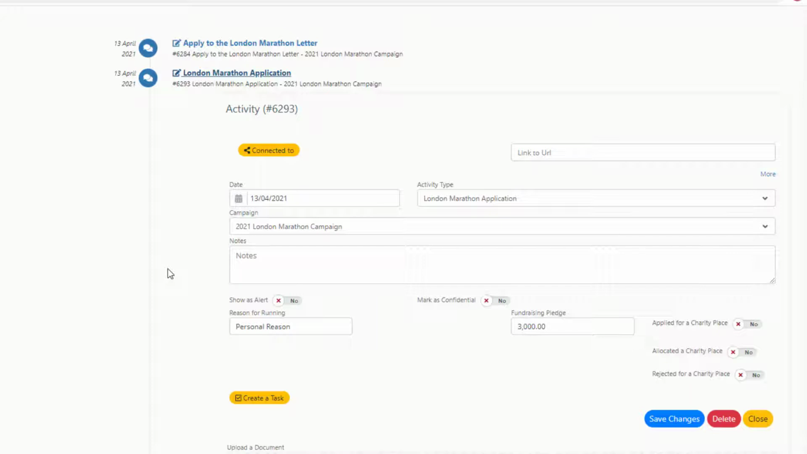And so now our job is to allocate this place. And so we've created some additional yes/no toggles on the right-hand side, how we're going to manage this application. So we are going to allocate a place to this participant. So if I save that,